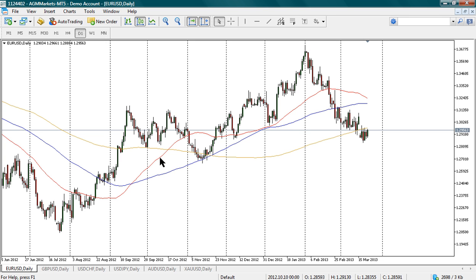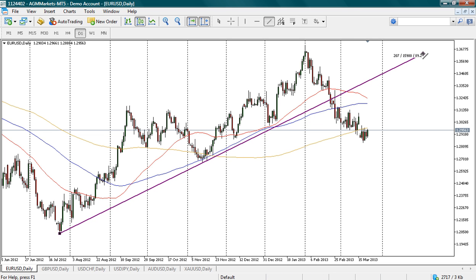Okay, and this is the euro dollar daily chart. So what has been going on this chart? We spoke about it in last week's video. This was the main trend line, and we're now broken below that. So we're well below this now, and we're technically in a new downtrend,